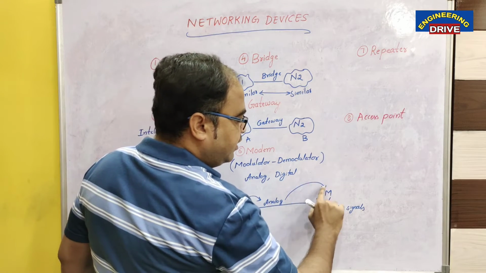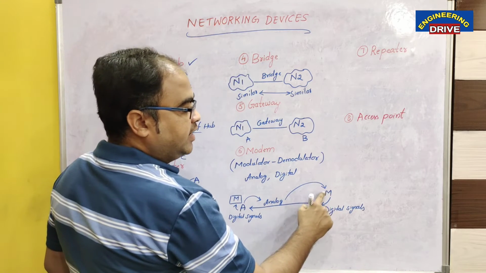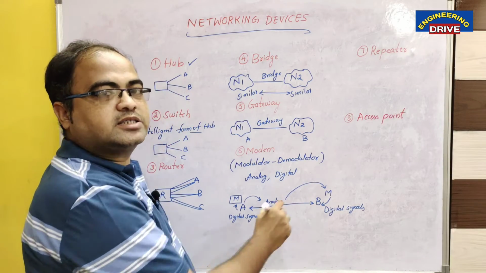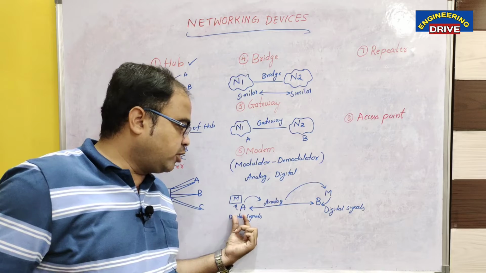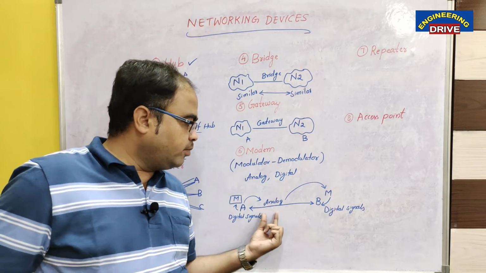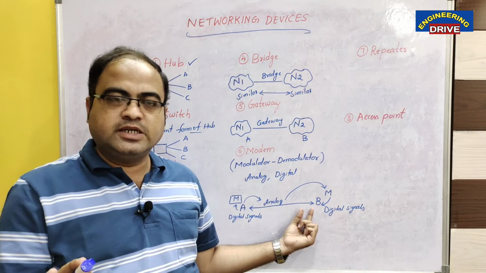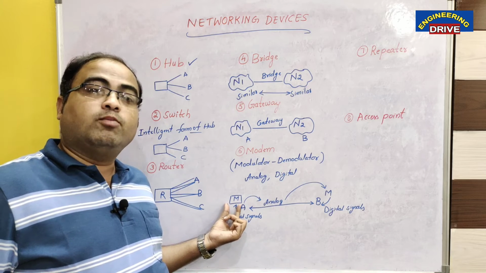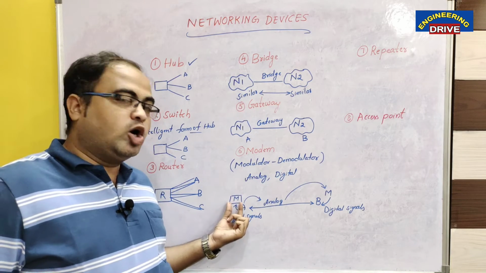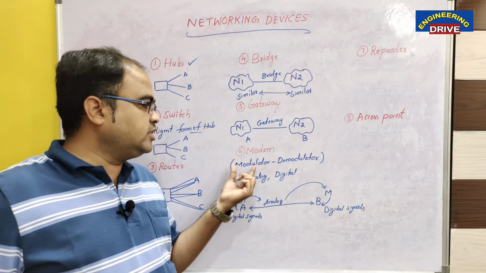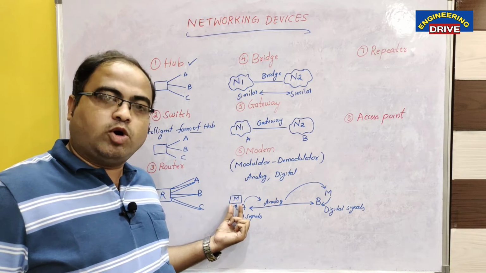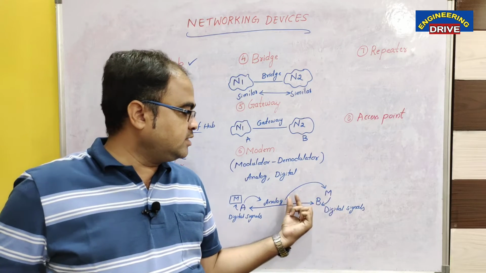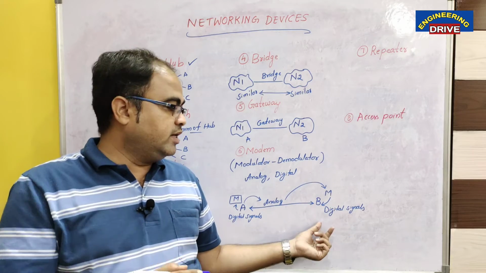Data will be transmitted, and once the receiver has received it, the data will be taken in analog form and converted into digital form, or digital signals, which can be understood by the receiver. So the sender's problem is solved, the receiver's problem is solved, and the communication channel's problem is also solved here. Is it right? The process of converting digital signals into analog signal, we call modulation. What do we call this process? Modulation, and this part of the device is known as the modulator, and this part will work as a demodulator. Demodulation means converting the analog signals back to digital signals.